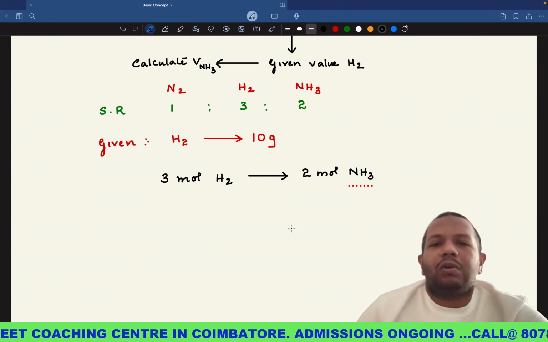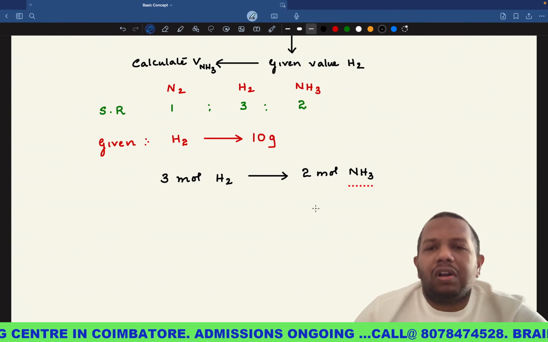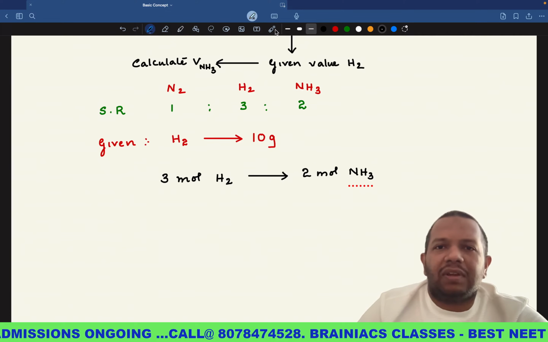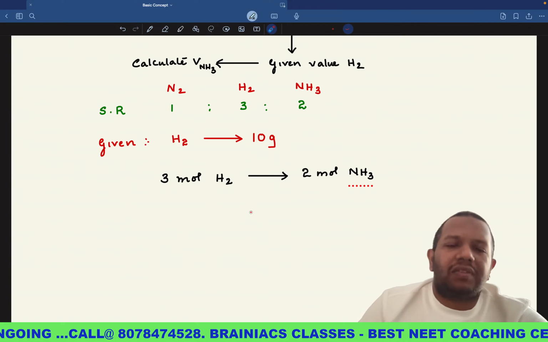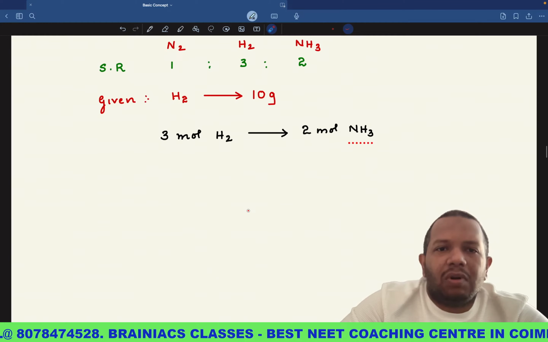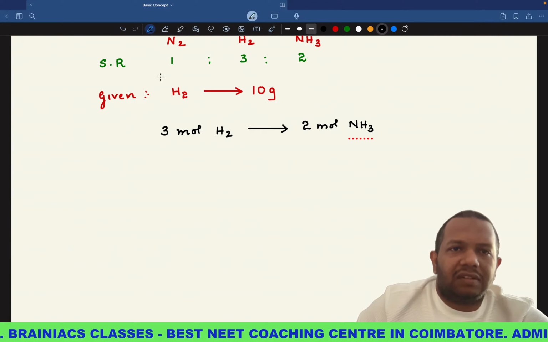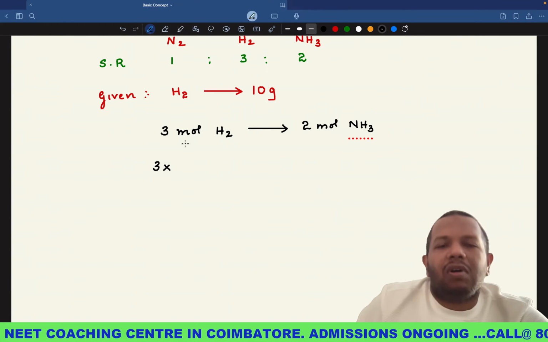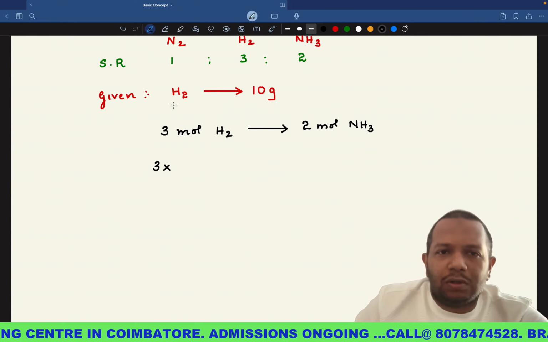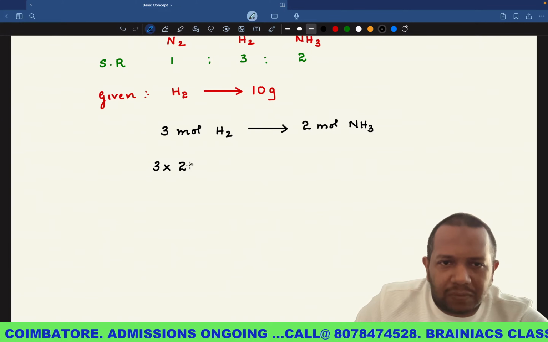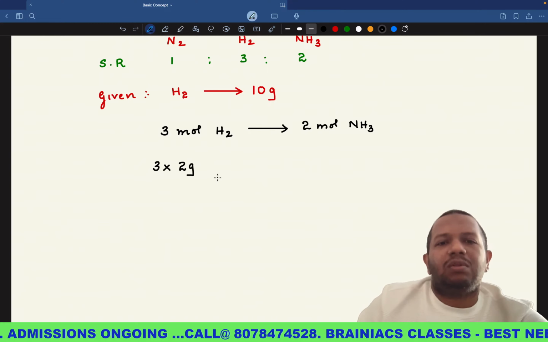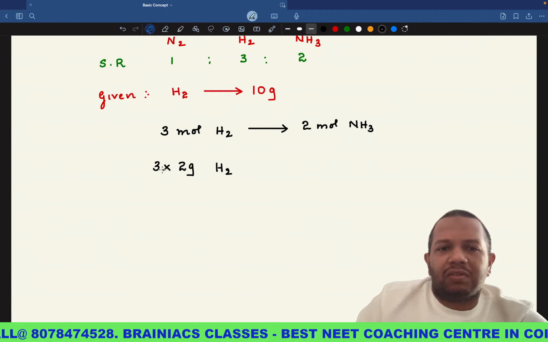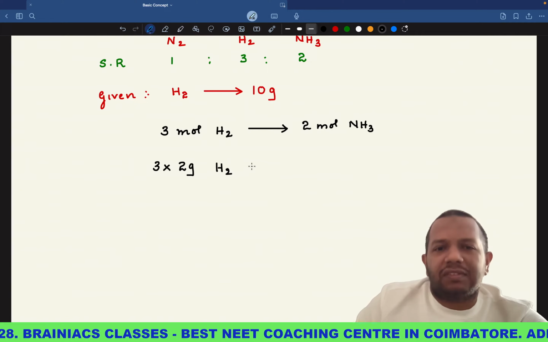Correct? Now look here. The ammonia we want in terms of volume, and hydrogen we need in terms of what actually? We need in terms of mass. So how can you convert 3 mole to the respective mass? We know that 3 mole can be written as 3 into 1 mole, and 1 mole will always have a weight equal to the mass number expressed in grams. So I can write 3 into 2 gram hydrogen. So 1 mole has 2 gram weight, so 3 moles means 3 into 2, 6 gram weight,